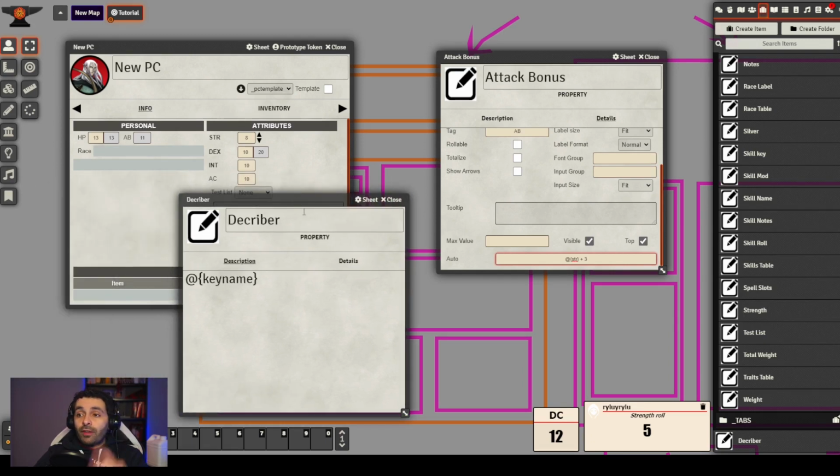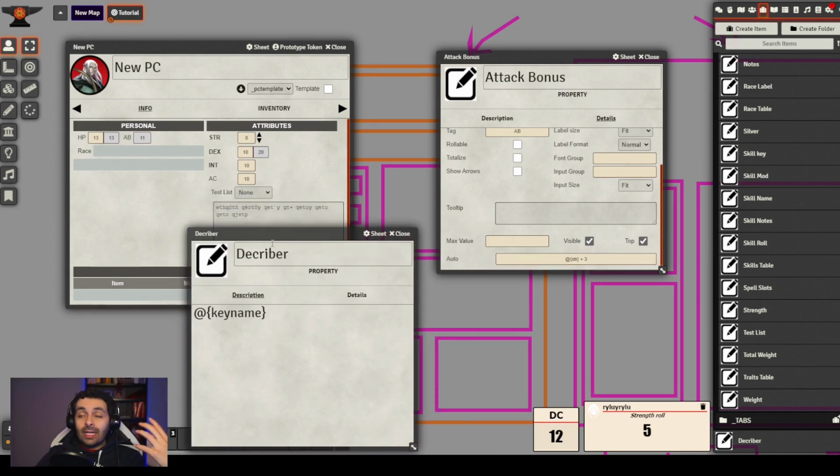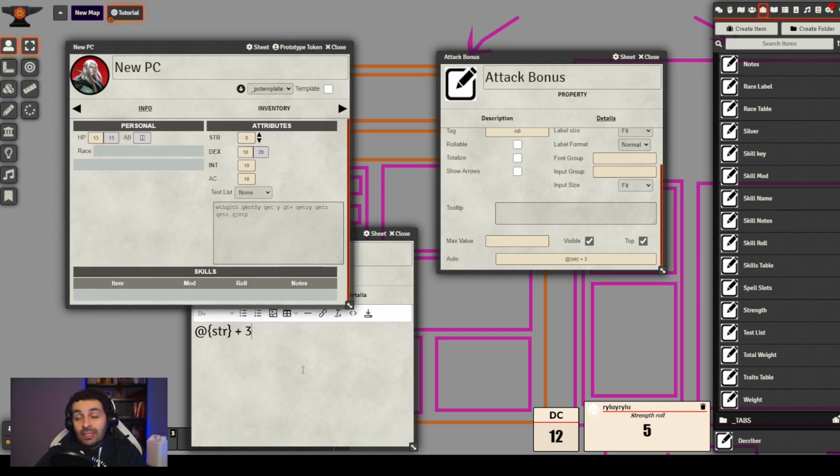I'm going to remind you about the first type of role expression, which is this one here, key name. This is a direct reference to any property included in the actor. As an example, we have here the AB property, whose auto value is strength + 3. We did this before.